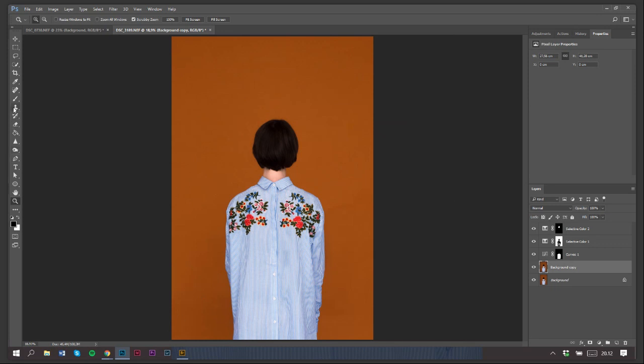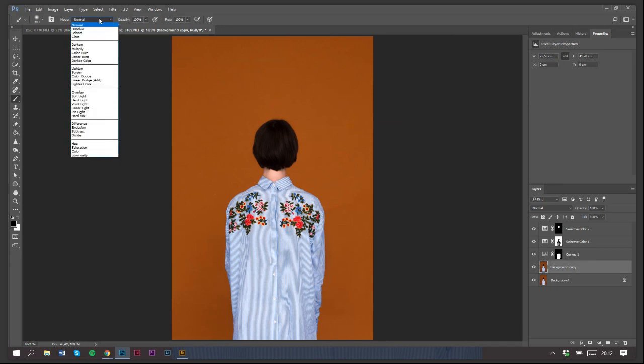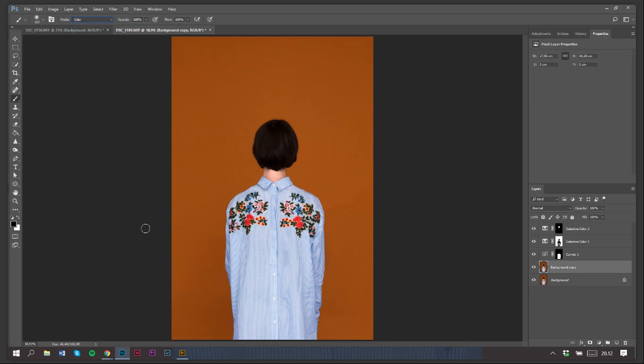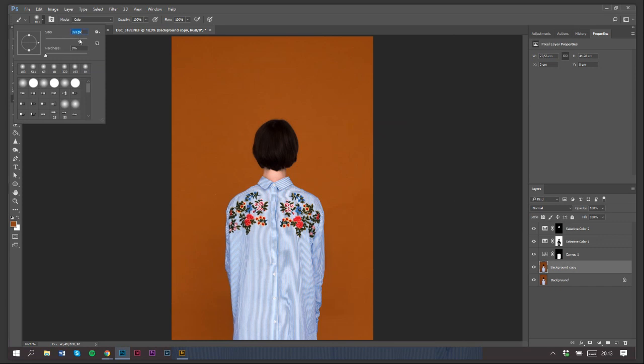So I used the brush. I put it on color. You can use different modes here. I put it on color. And then I clicked like this. Like, what is that tool called again? It's this tool. I just hold in the Alt button and then click with the eyedropper tool to get the color of the background. Then I use the brush to just,